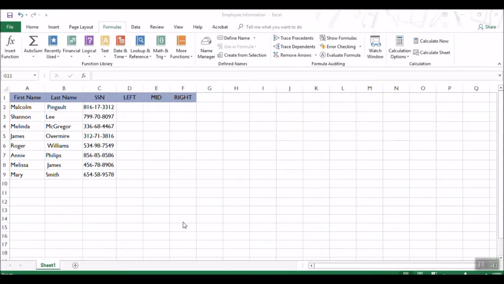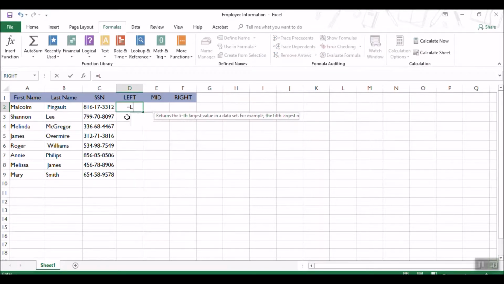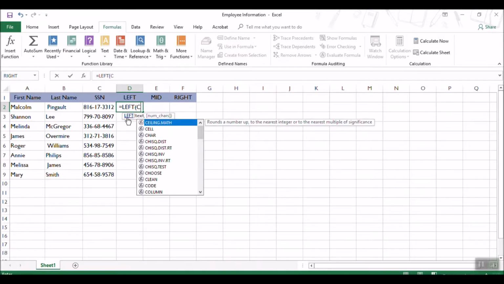We're in our document now, and we're going to utilize the left function to extract information from cell C2. Let's click on our cell, and we're going to type in equal, left, open parentheses, and we're going to the cell that we'd like to extract information from, our social security number. We want cell C2,